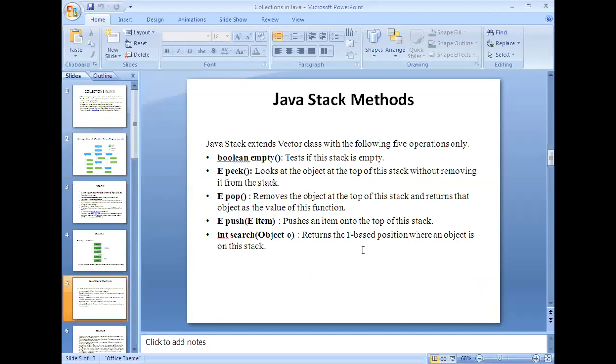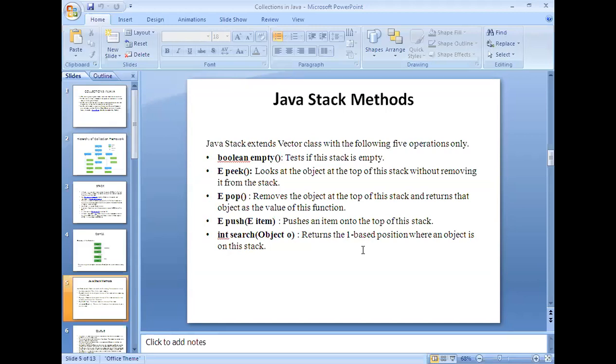According to the definition of the stack, now let us see the various methods which are available in the stack class. The first one is empty. If you want to test whether a stack contains any element or not: if a stack contains elements, it returns the false value. If the stack is empty, it returns the true value, right? Next, peek.